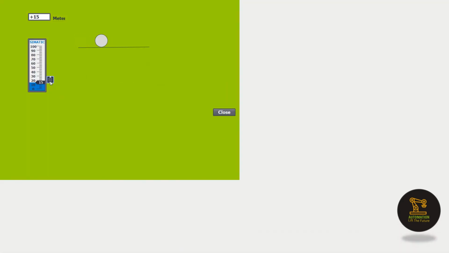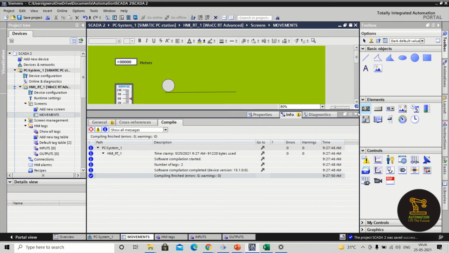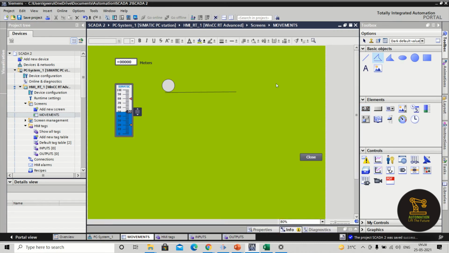Now you can observe that when you slide it, automatically circle is moving on the right. So in this way you can create the movement. Now I want to create a movement like this.